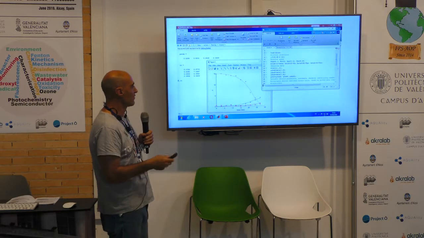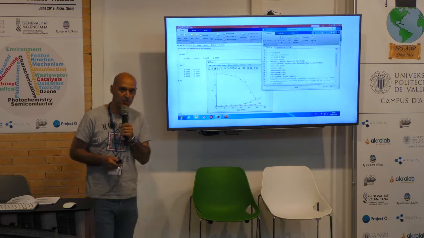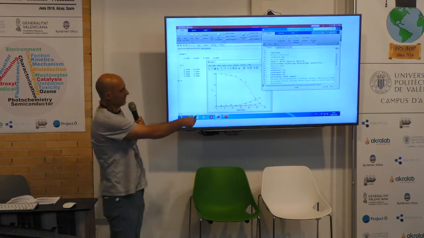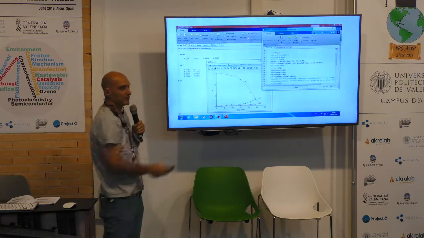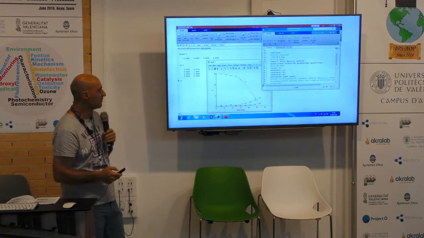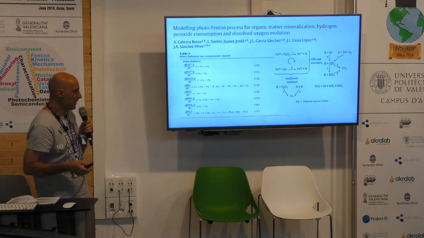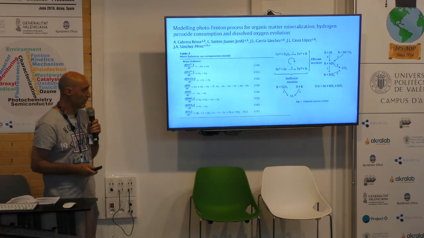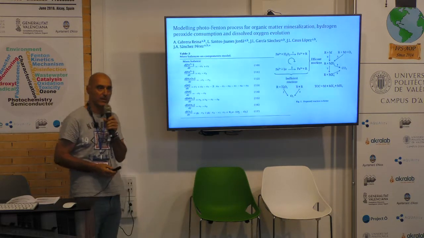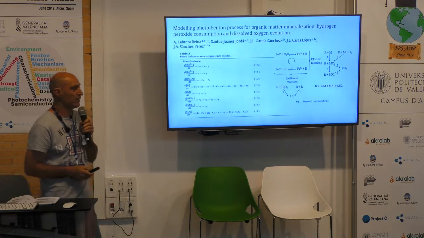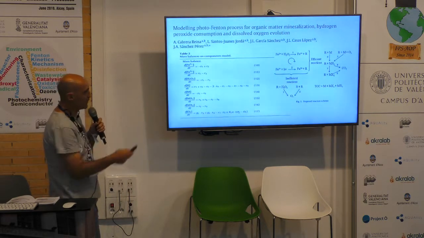This is another sample for the same thing. In this case, the model was a little more complex, with more profiles, but you also get a very nice fitting, and you are fitting four parameters. And finally, we apply this method. In one case, this is the TOP removal, where we use a higher level of hydrogen peroxide. You have the equation here.